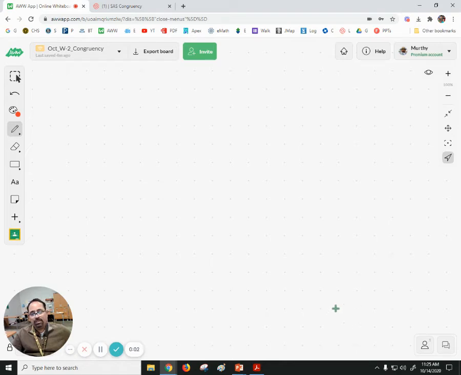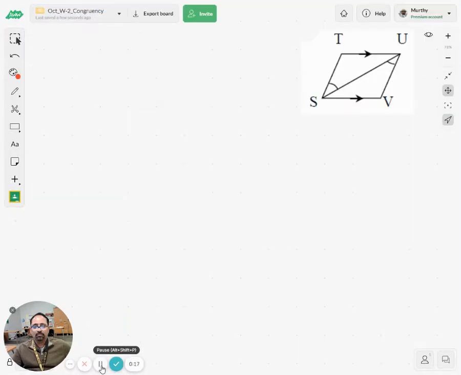Hi, in this video I'm going to explain about ASA congruency. In fact, ASA congruency and AAS congruency, these two are one and the same. Let's see how these two are the same with an example. In this diagram,